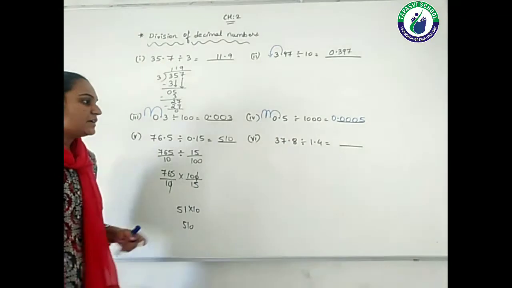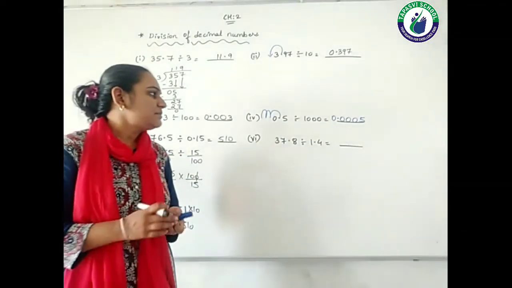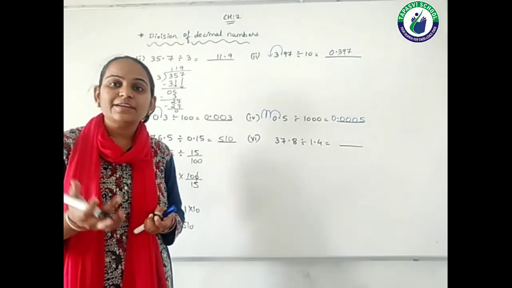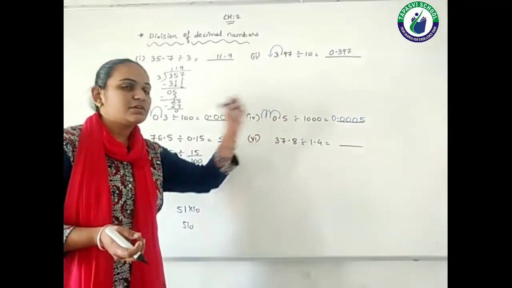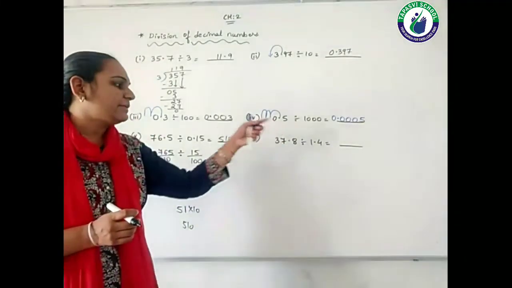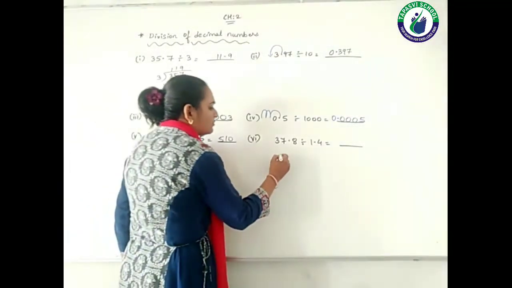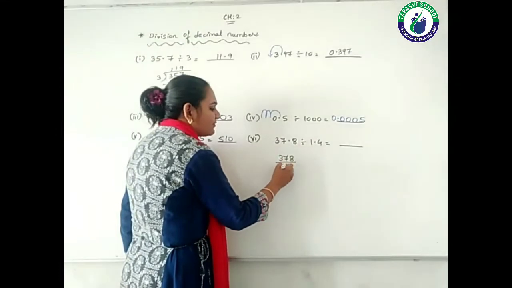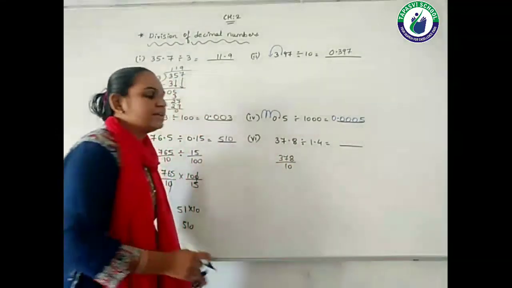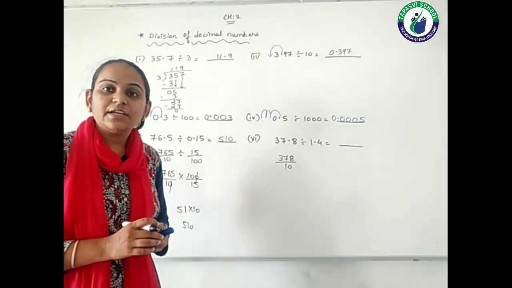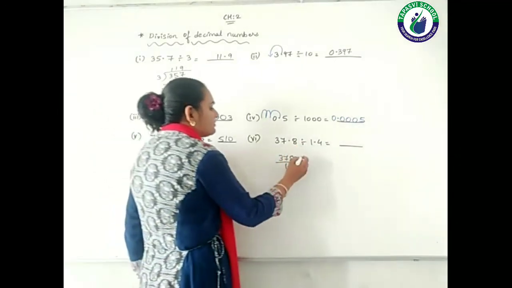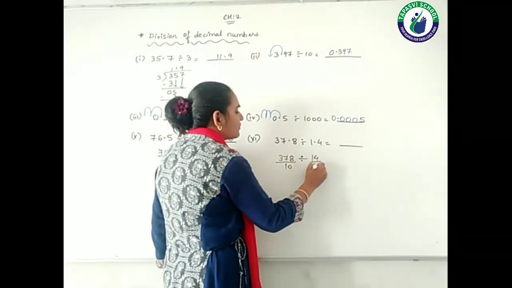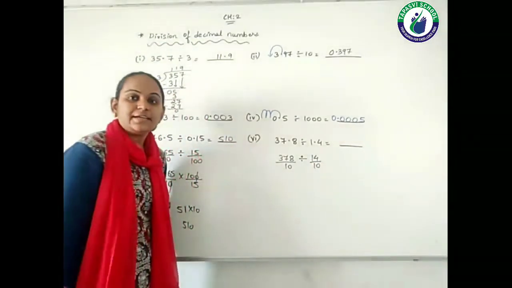ओके, नाउ एक क्वेश्चन वैसा ही कर रहे हैं, similar question 37.8 divided by 1.4। If you are not clear with this example, there is one more example, 37.8 divided by 1.4। So first what I will do, I will write this decimal in the fraction format. So 378, that means 378 divided by 10. The division sign को अभी as it is रखें, 1.4 I'll make it in the fraction, so 14/10, right?